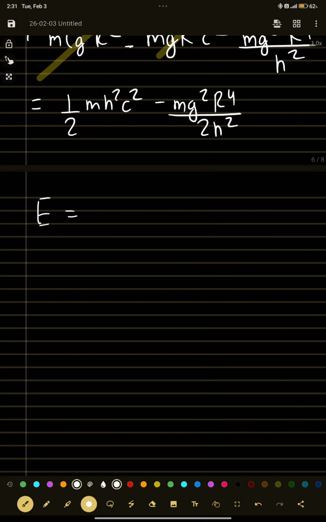Sometimes my own markers get mixed with the public markers. I have a hard time. 2 upon m c square h square